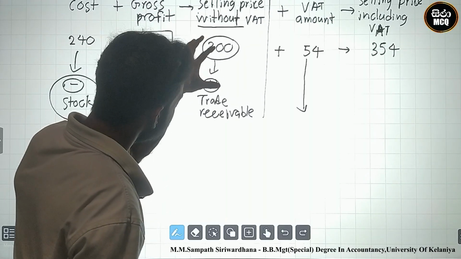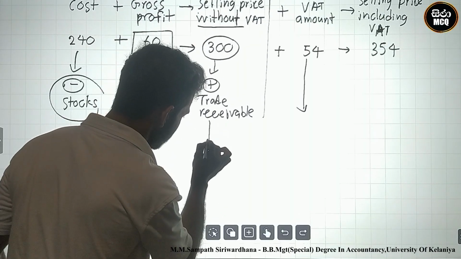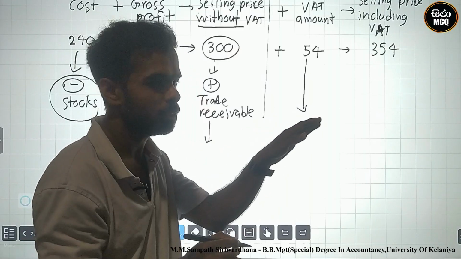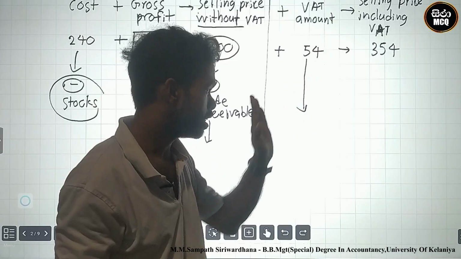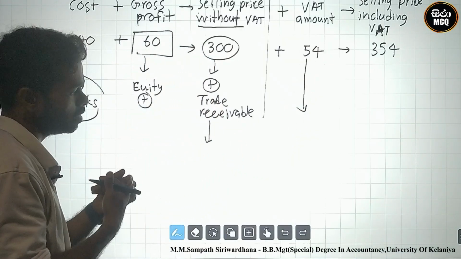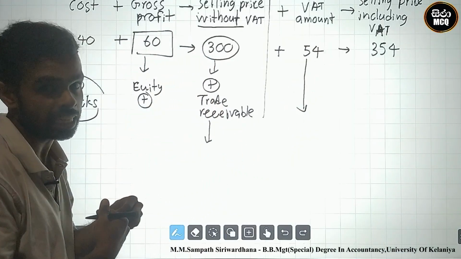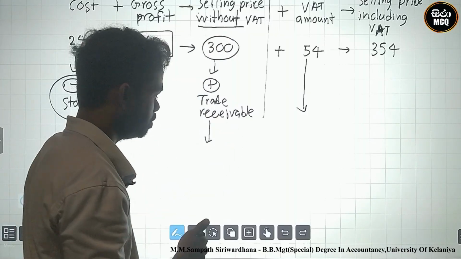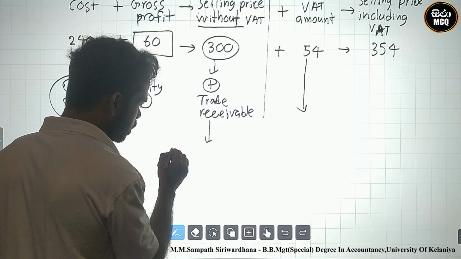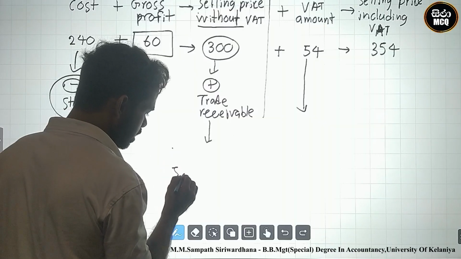What is the double entry? Credit sale, this 300. Before recording the VAT amount, we must identify the double entries, credit and debit. Credit sales means which double entry? Sales credit